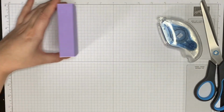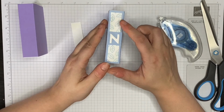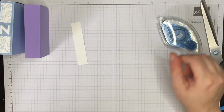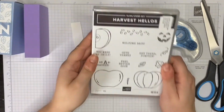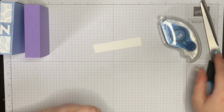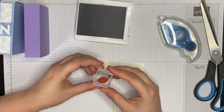So on the front here, we're going to be adding a strip. If I show you this one, we've got this decorative strip, and then we've got the letter in the middle. The decorative strip is using a stamp from the Harvest Hellos stamp set, and it's this leaf here. So we're going to randomly stamp with that. I've already got it mounted, and this is on an A block. And this time, to match the paper, I've gone Highland Heather,